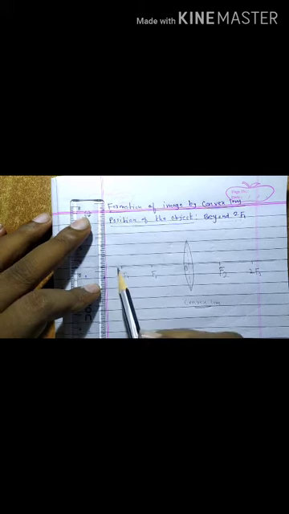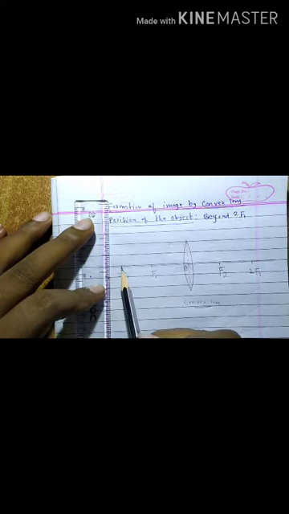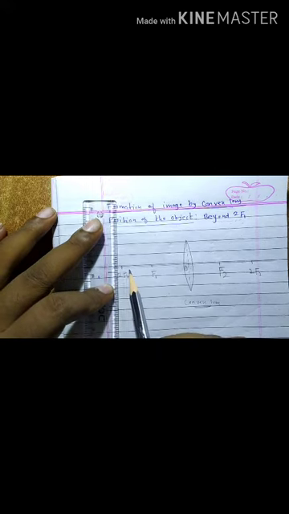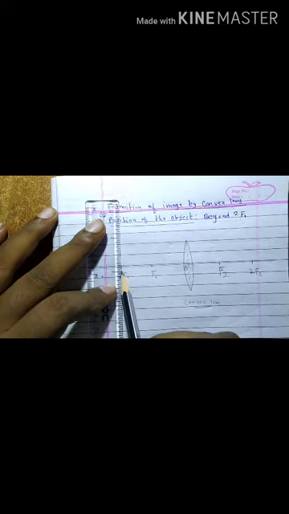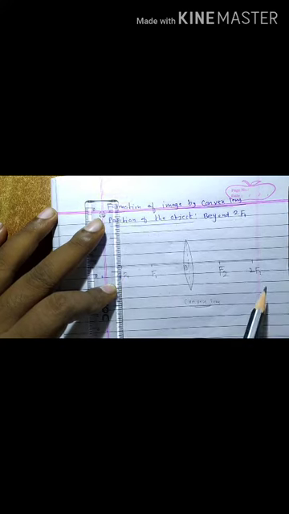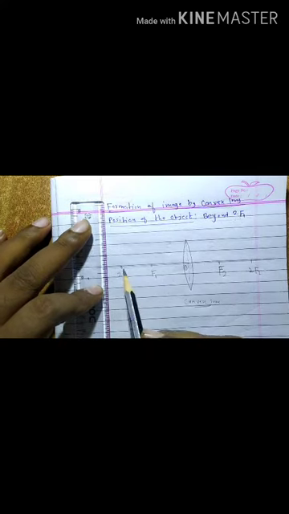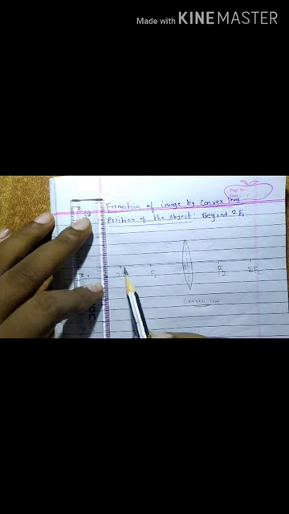And last case is when object is placed in between F1 and optical center O. So object will be here. But I am making the ray diagram for when the position of the object is beyond 2F1. It means object is somewhere here beyond 2F1. You can take here, here, here, no problem at all. But you must take beyond 2F1. Don't take here. Otherwise, in that case, the position of the image and the size of the image will be different. Okay. So beyond 2F1 you can take here also, here also. So I am taking here.